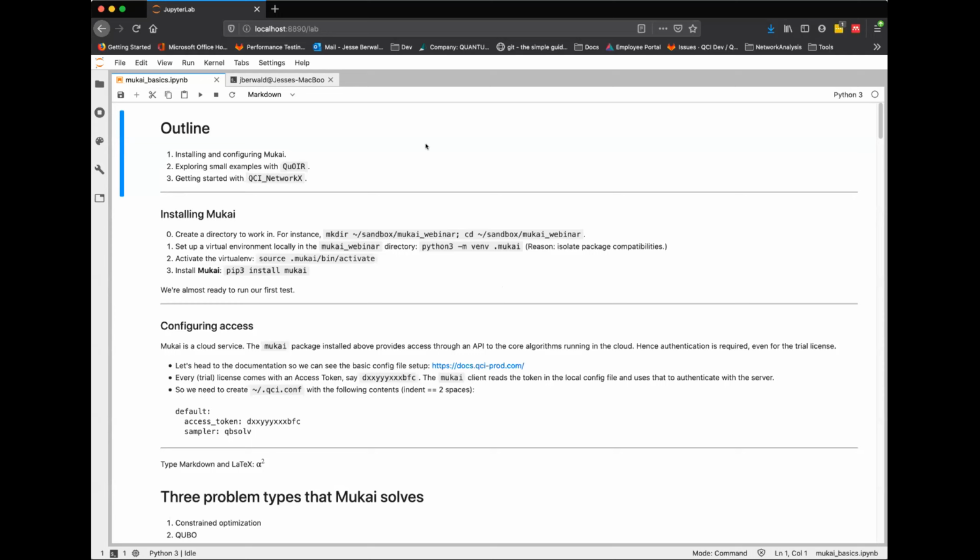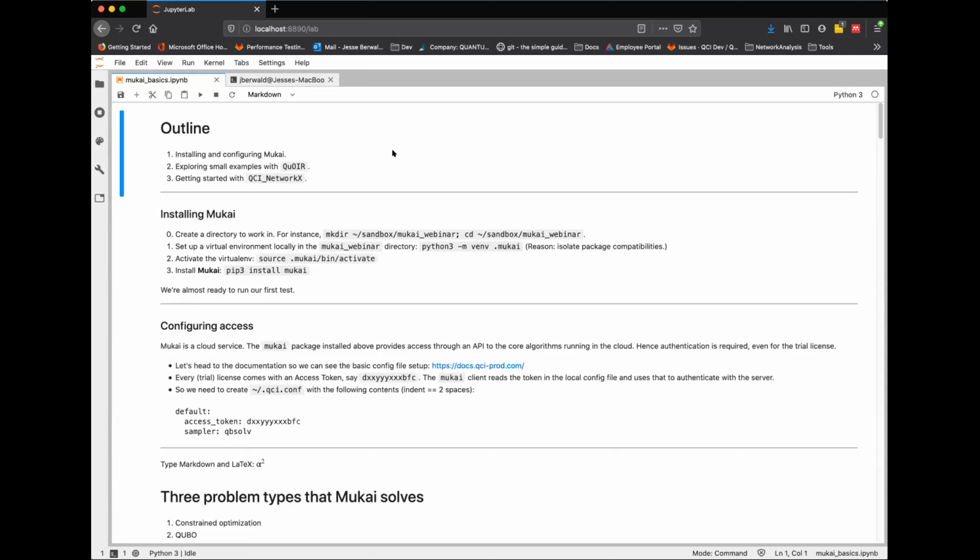One brief thing that's not explicit here, though you'll see it if you read through: Mukai is a Python-based system, at least on the front end. It's all just a Python web API that uses the traditional requests package and all that sort of stuff. There are various other core systems on the back end, but if you're familiar with Python, and you can Google around if you're not, it's pretty easy to get going. I'm not going to deal with setting up the actual Python system. I will assume that people have their favorite Python system up and running.